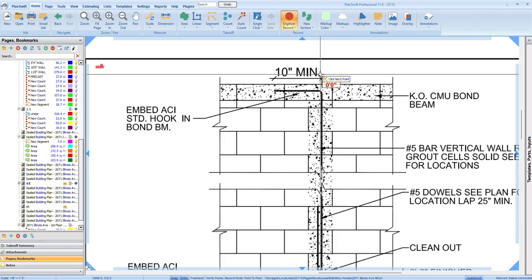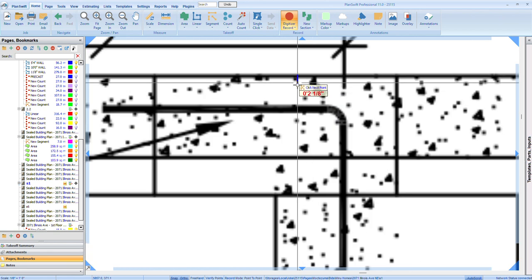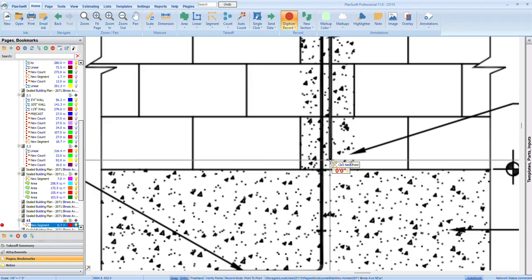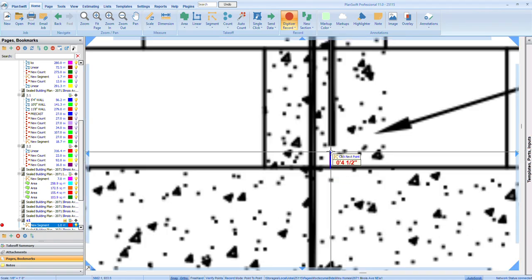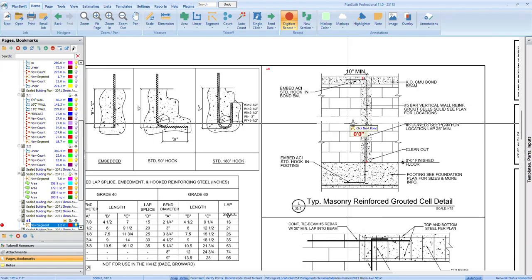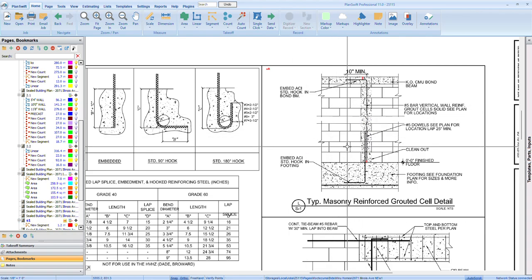My wall's 10 feet, but I want to subtract 2 inches here so we can get concrete here and 2 inches here. So that's why it's always minus 4 inches. That's why when you look at my order,